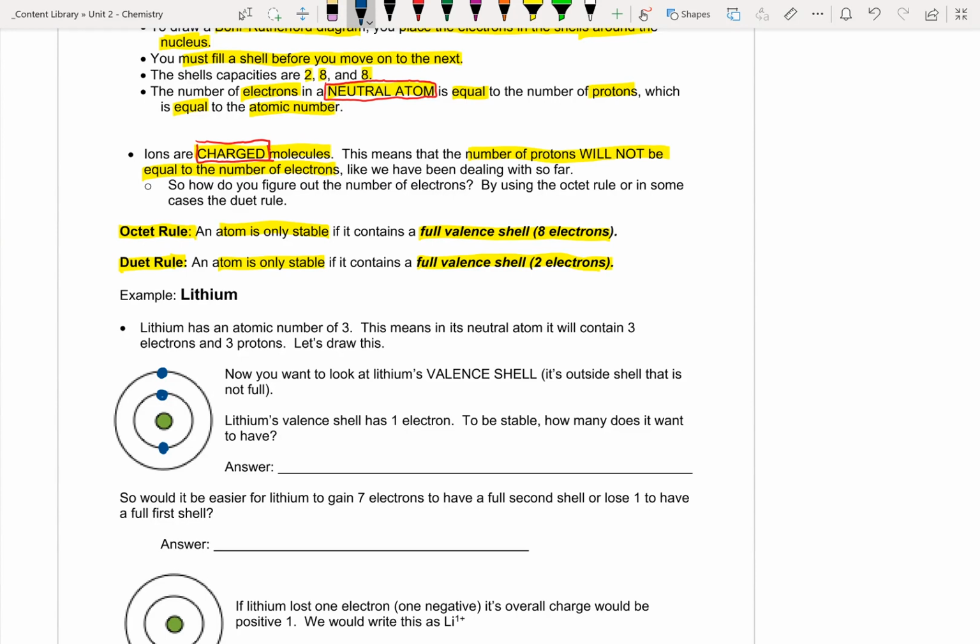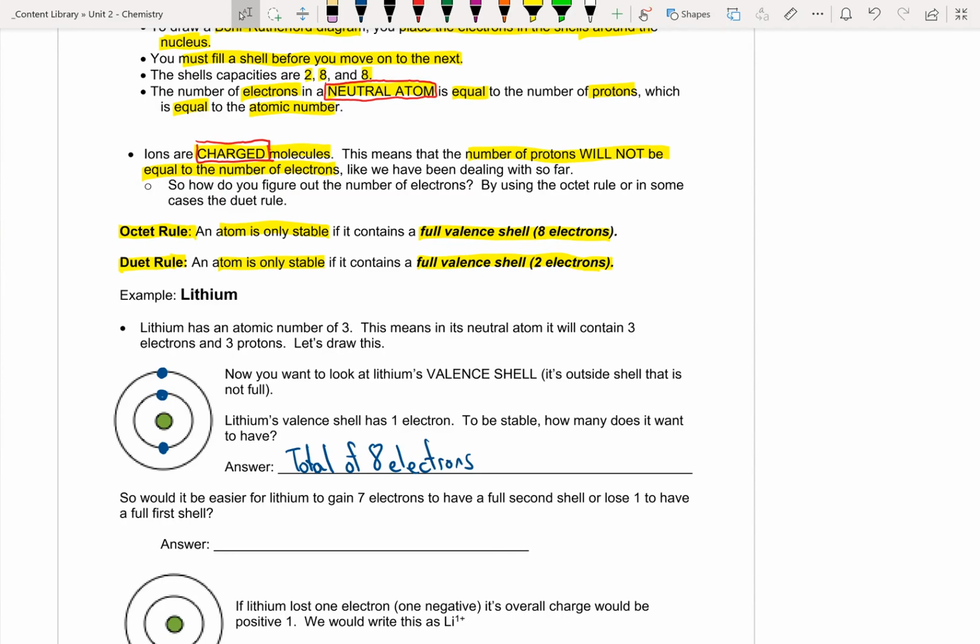So if I look at lithium's valence shell, or the outside shell, I can tell that it's not full. There should be 8 electrons in there if it was full. However, it's not. It only has 1 electron. So in order for that outermost shell to be stable, how many electrons does it want to have? Well, based on our shell capacities and our general rule, it wants to have a total of 8 electrons